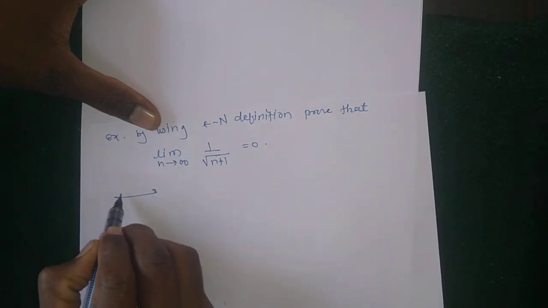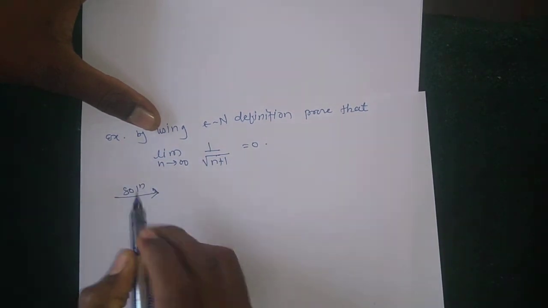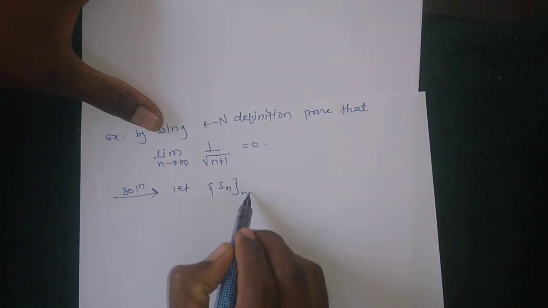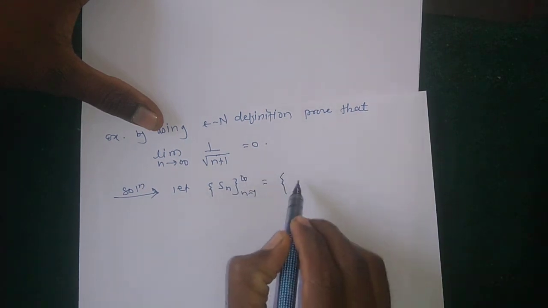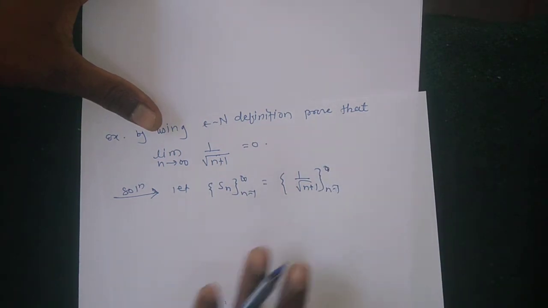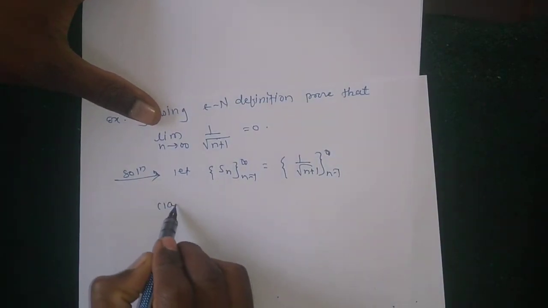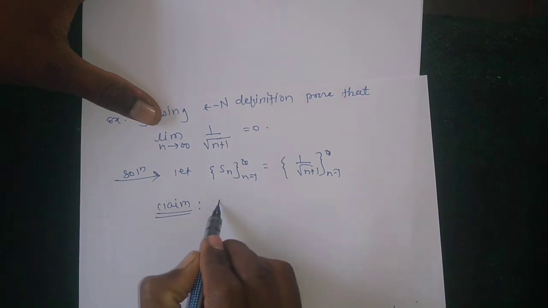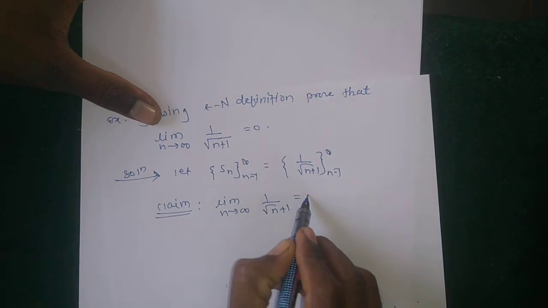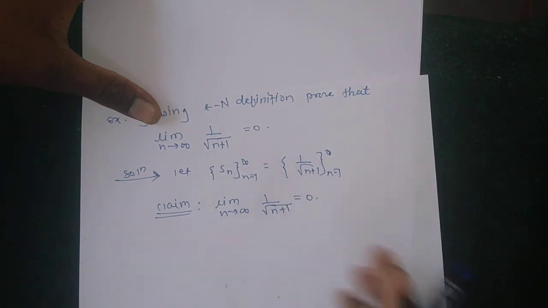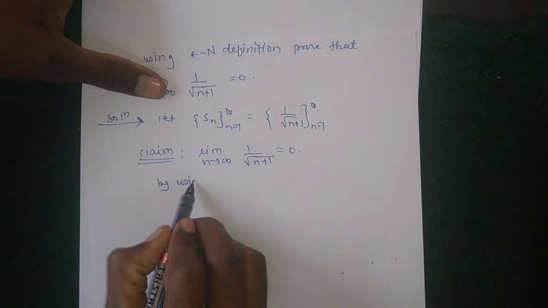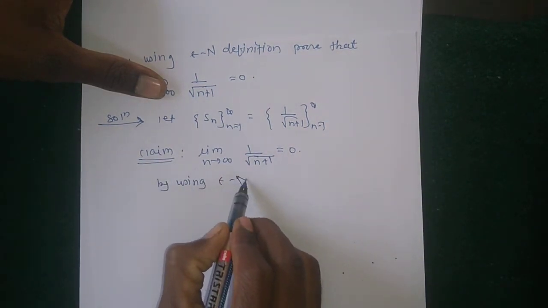So by using the epsilon-N definition, let the given sequence Sn, n runs from 1 to infinity, be Sn equal to 1 upon root n plus 1. So the claim, or what we have to prove, is that the limit as n tends to infinity of 1 upon root n plus 1 is equal to 0, which means this sequence Sn has limit 0. So by using the epsilon-N definition,